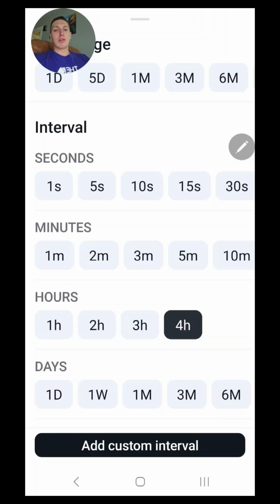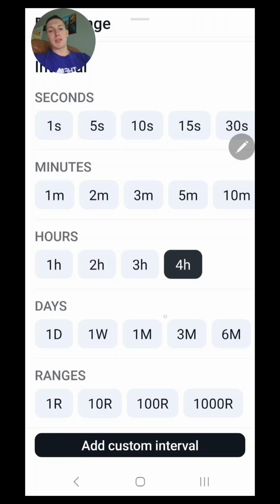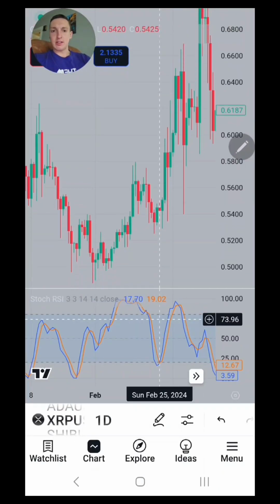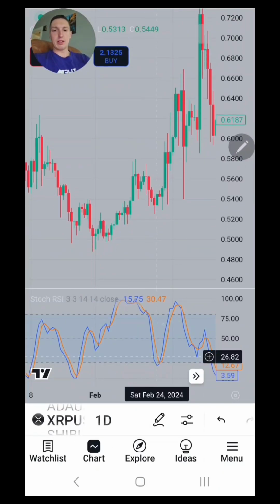I like the 4 hour, one of my favorites for sure, especially when things are as volatile as they have been and as choppy as they have been. It's hard to get an idea on a shorter time frame. So when in doubt, zoom out, you go to the 4 hour and you see that everything is okay. So you can go to your daily. This is your longer time frame, and you can see